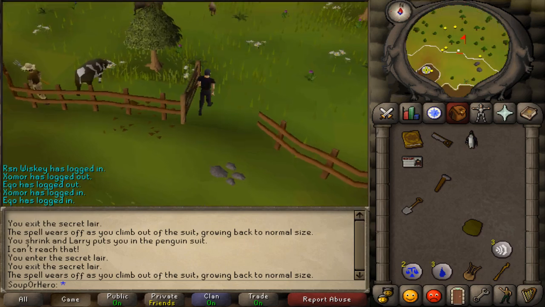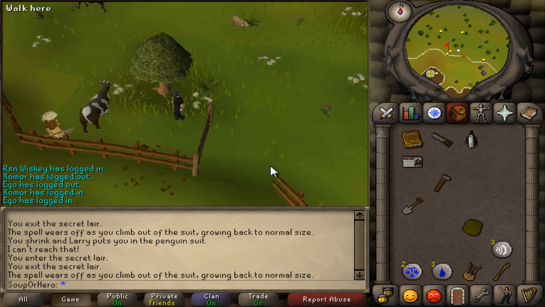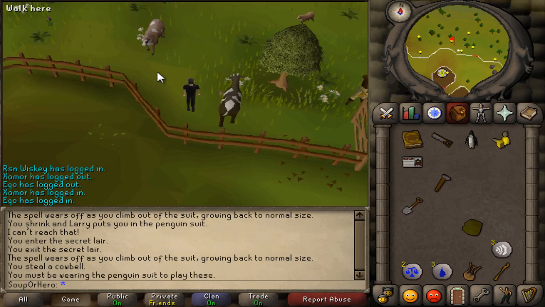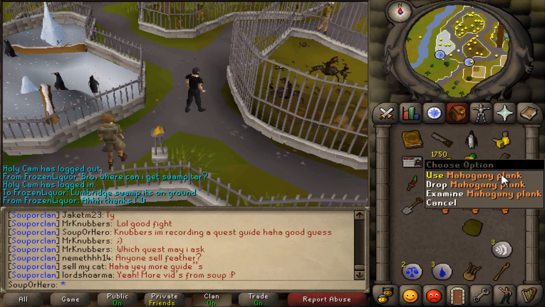Just steal the cowbell from the dairy cow. Quick and easy. You'll have that now, but you can't play them just like that. Now go back to